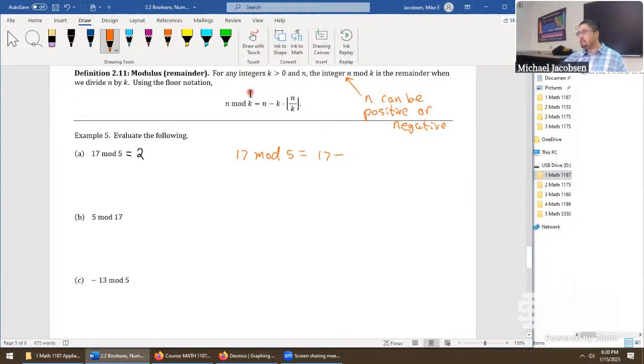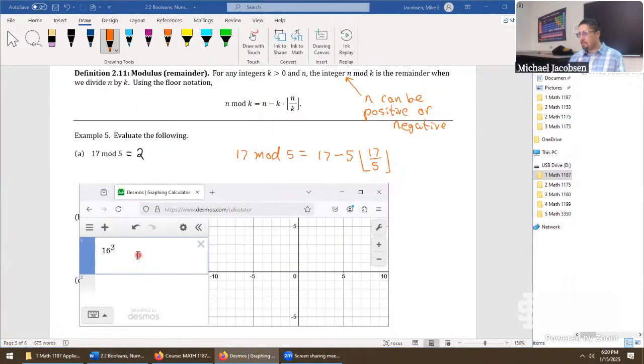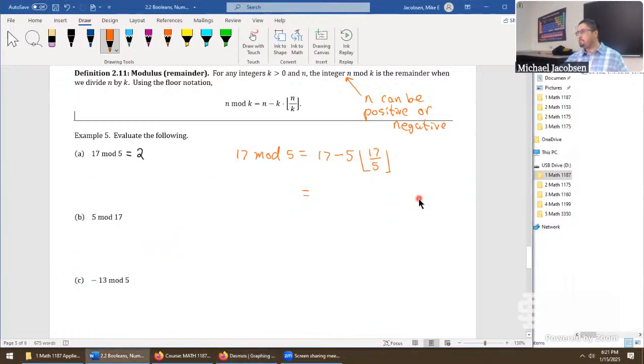Subtract the value you're modding by, 5, multiplied by the floor of 17 fifths. At this point, I'd probably just grab a quick calculator. Let's take the 17 fifths and get a decimal value. So we have 3.4. I probably should have known that, but let's just go with that nice exact result. 17 minus 5 times the floor of